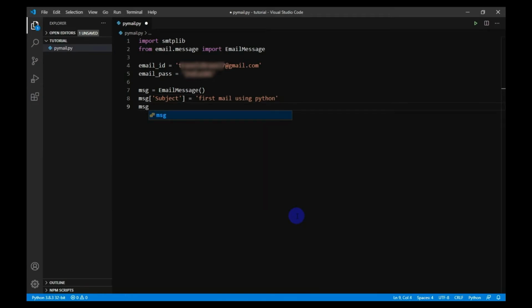After that I will enter the sender's address. Then I will enter the recipient address. For testing purposes, I will enter my own email address. Then I will create the body of the email using the set_content method.